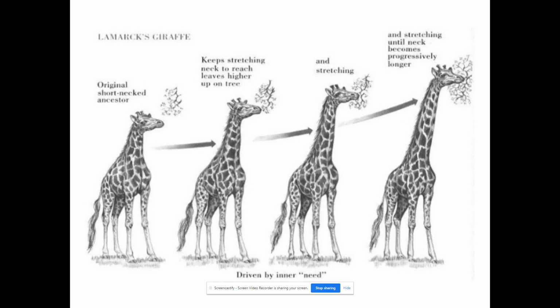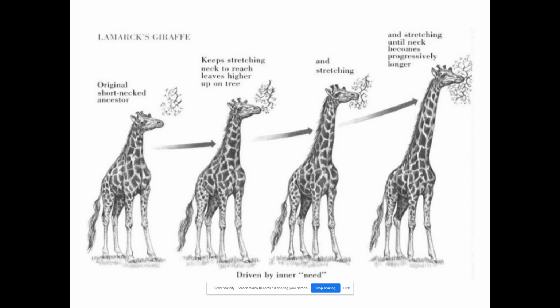That is, the animal's desires are not what drives evolution. What drives evolution is actually the death of those animals that are not fit. Only the fit survive, and therefore those fit traits are what get passed on. It's not an animal's desire. When we say things like that, we attribute things to animals that they don't have. And so it has nothing to do with the animal's need.